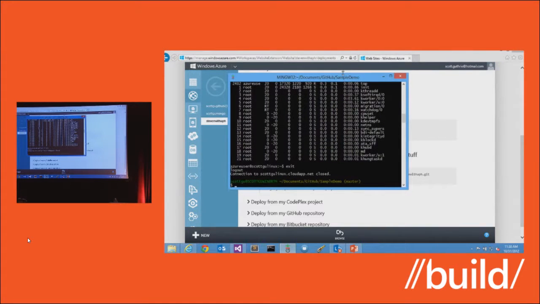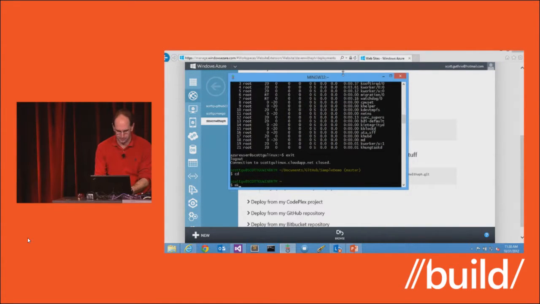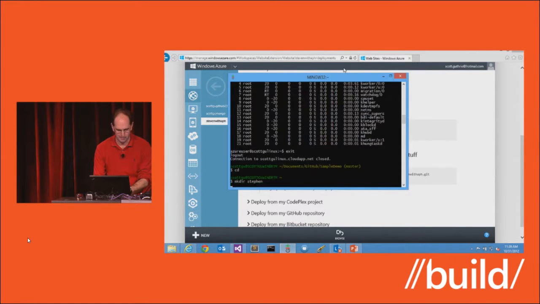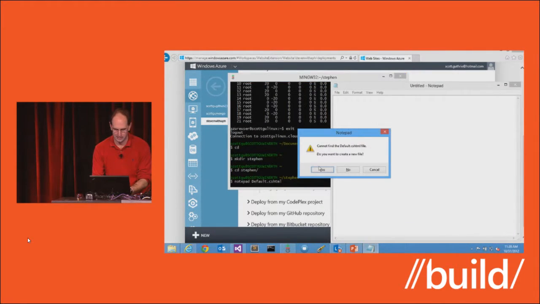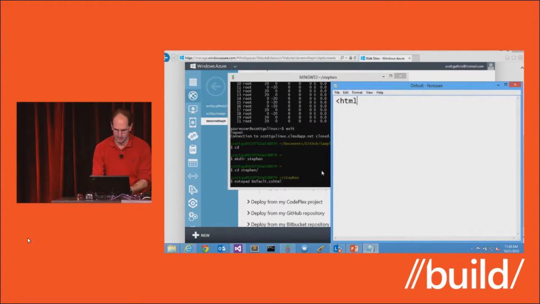So let's go ahead and have some fun here. Steven, I'm just going to call you Steven. So we'll create something here. We'll call it default CSHTML. I can say hello world, like so.